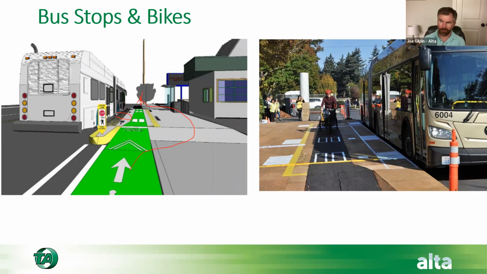And we have a sign here that's telling bicyclists that they need to avoid conflicts with pedestrians. We're ramping the bicyclists up onto the platform. The wheelchair ramp at the front of the bus is actually using the bike lane as part of its platform area. And then we have 2 layers of domes. We have one on the platform because they're required by ADA, and then one that's delineating pedestrians, just letting them know that this is a slightly more